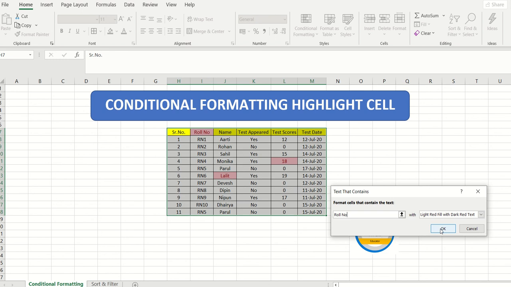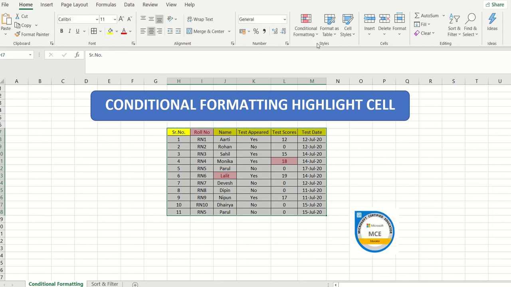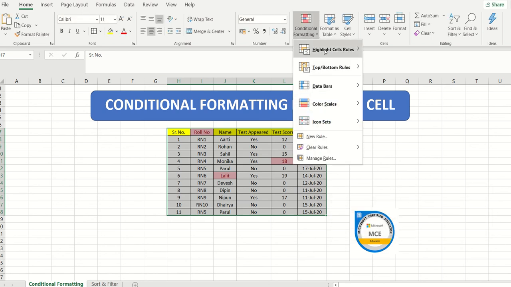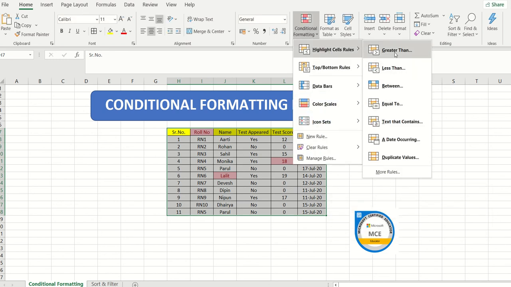Okay, all right. So now the next thing that we are going to do with the conditional formatting is, we are done with greater than. Again, let's do a quick recap. Greater than, less than, between is going to be used for all number formats. However, equal to, you can use it for the text and the number both. Text that contains is only for the text formatting, altogether only for the text.